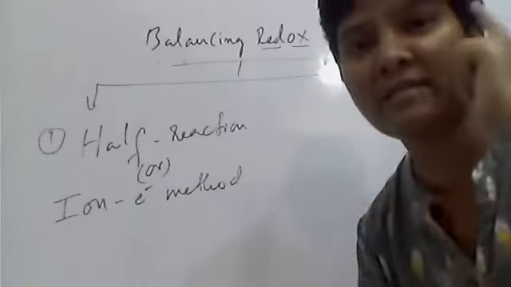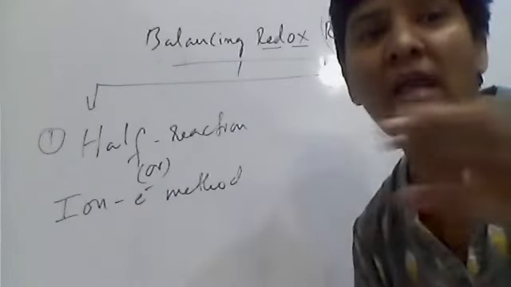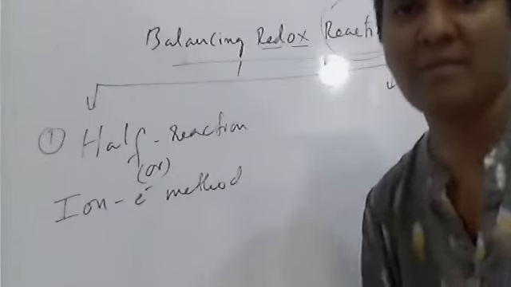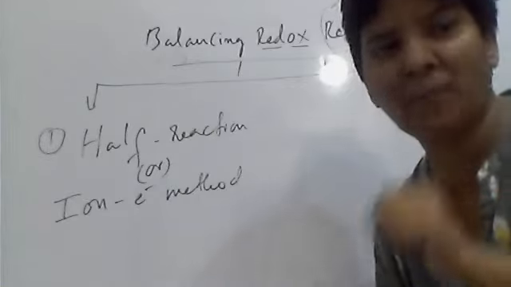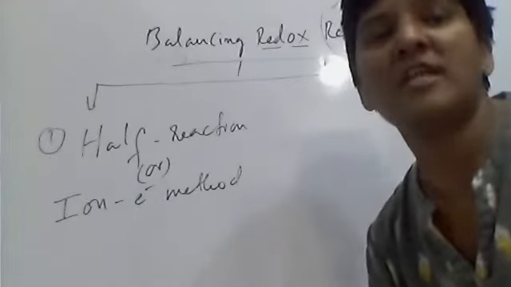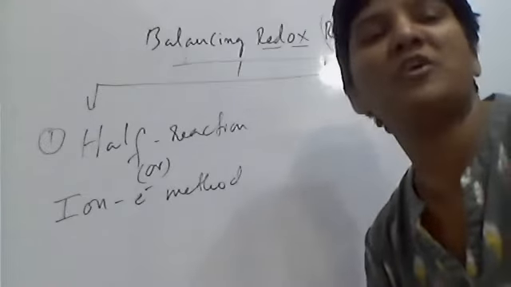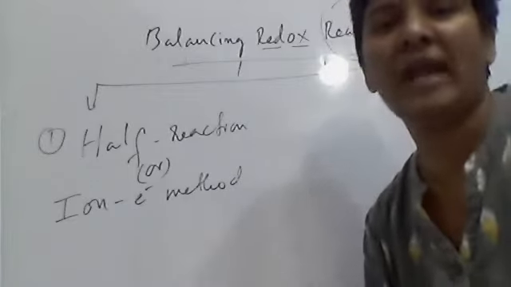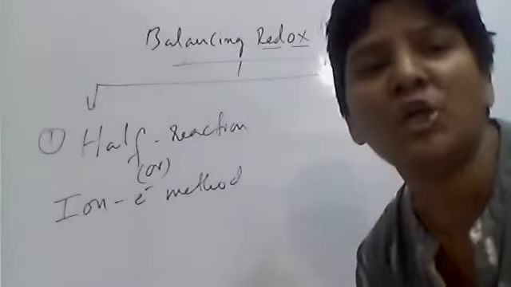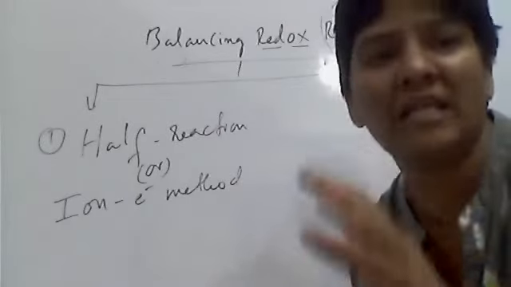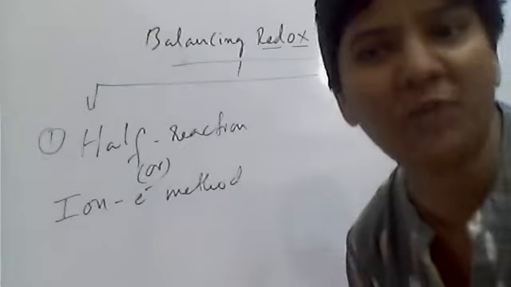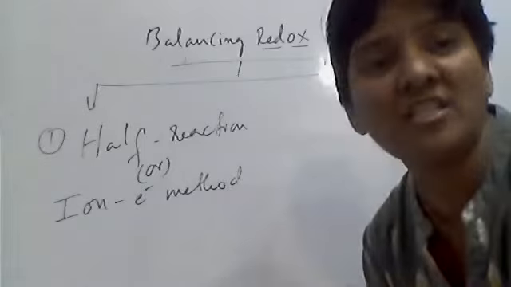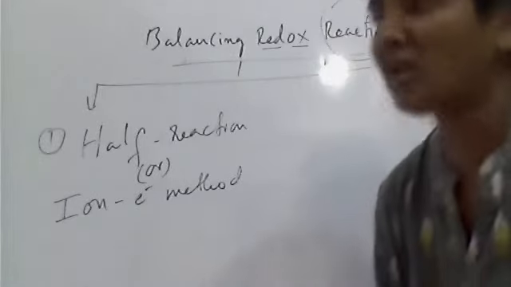When you combine, listen carefully, across the arrow mark of the equation you have to cancel the common species, like the same number of electrons present on opposite sides of the arrow, or the same number of water molecules, or excess water molecules, excess H plus. Anything which is not equal has to be cancelled. Then finally, by mixing the two half reactions, we write a balanced equation, which is called the stoichiometric equation.